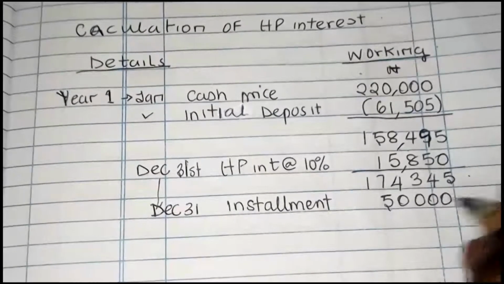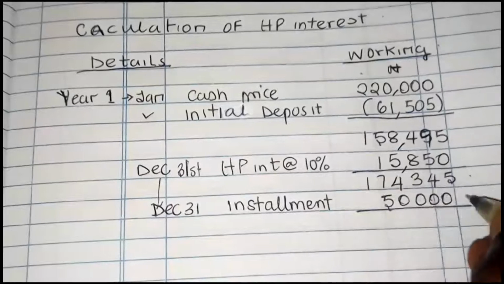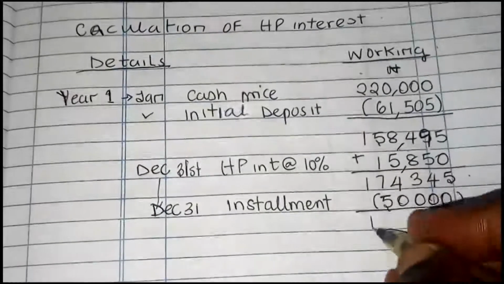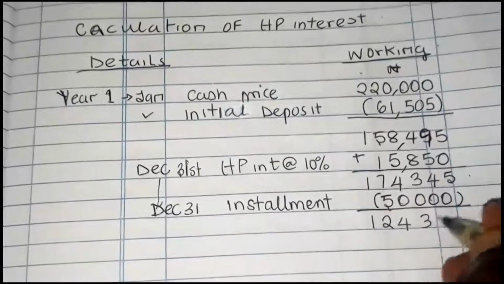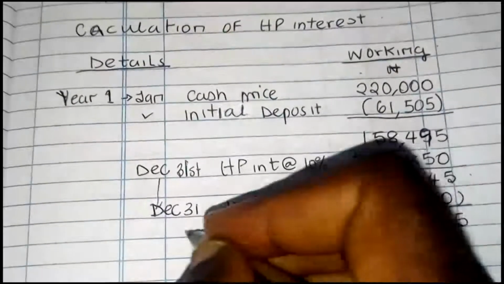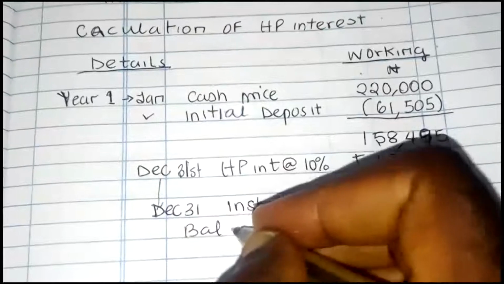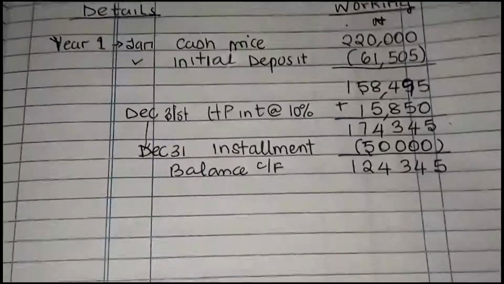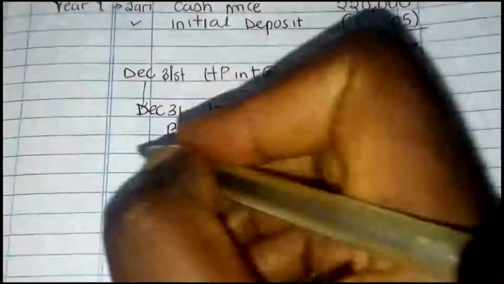Subtract installments of 50,000. So once you subtract the installments, so this is addition, don't forget, you have 124,345. So this is our balance carried forward for year one. Okay, now for year two,